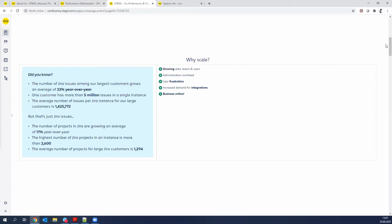So why should we scale? The first point is growing data, teams, and users, right? From a small instance to a large instance, it's just a glimpse of an eye. And suddenly the Jira administrators are having much overhead, like maintaining the Jira instance, keeping everything at flow, solving all the workflow requests, solving user problems, and of course, with